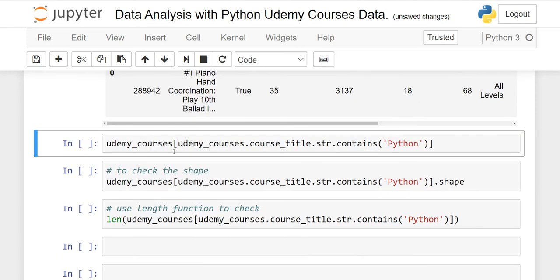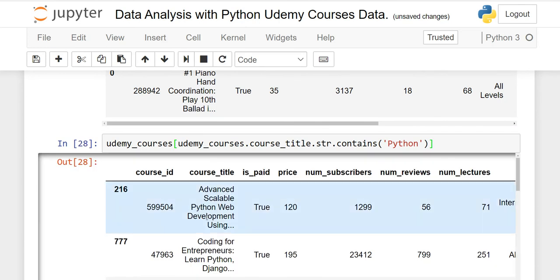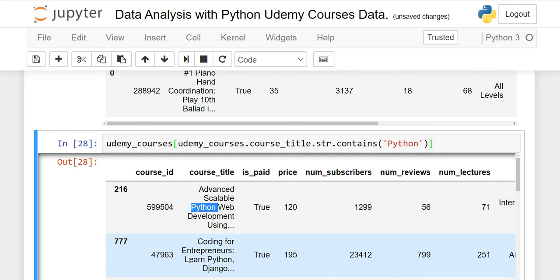So udemy_courses.course, and here you only have to write .course_title. This is the column where you have to work, and this is the filter operation, or you can say the syntax: .str.contains, and in parentheses write python. When you run it, you will see python is here in course_title. If I scroll down,